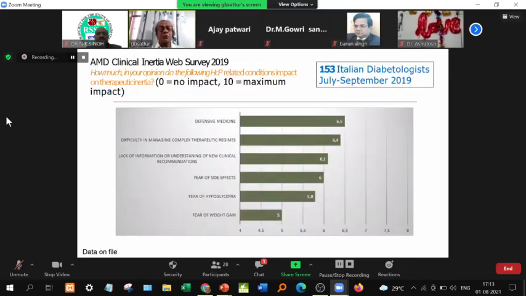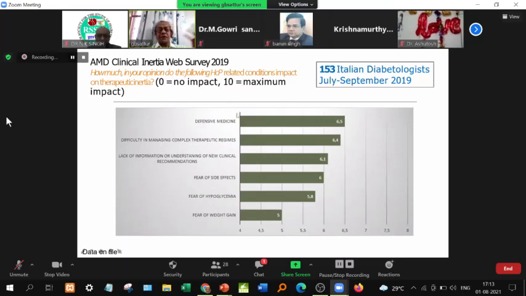Then they came to see what about healthcare professional related defensive medicine. Many of us practice defensive medicine, and there is difficulty in managing complex therapeutic regimes. What to add when: for example, empagliflozin can be used in the same dosage even till the last stage of renal failure, while if you're using sitagliptin, you have to reduce it by around 75%. Unless you are updated, these are all complex therapeutic regimes, along with fear of side effects. Certain physicians, especially those in the initial phases of a physician's career, find it very difficult. There is definite fear of side effects.